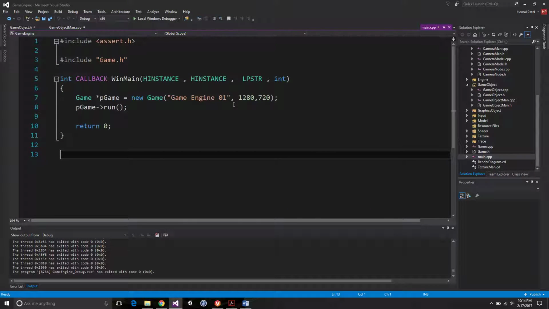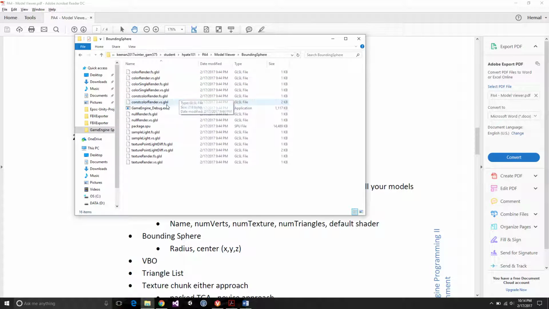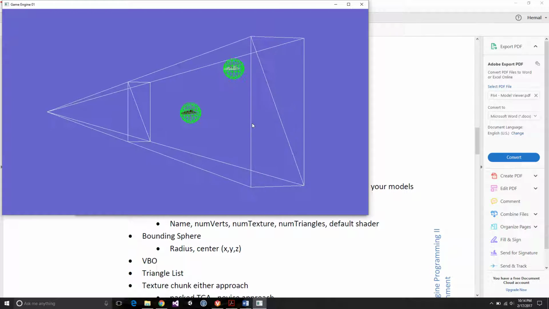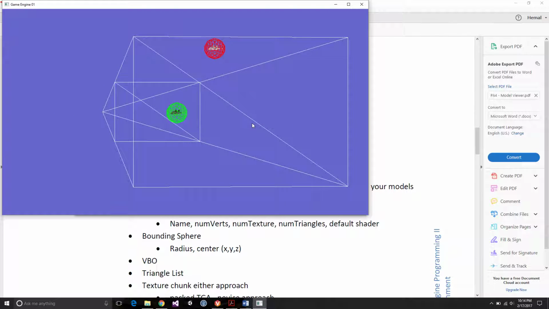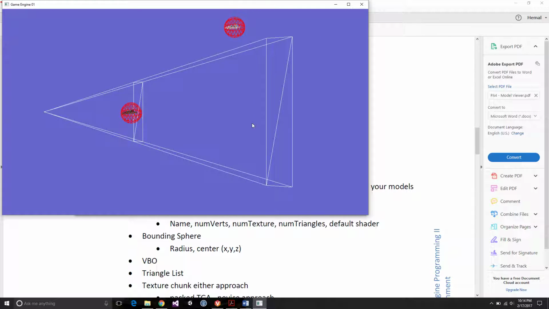Alright, so we do have another project that is kind of interesting as well. That is a bounding sphere project. So here, if you just run this code, you can see the two space bridges going out. Right now it's a green color. You can move around and see it. And once it reaches a specific height, or a specific frustum plane, it turns into a different color. This is going to be used to decide whether we draw the game object or not,